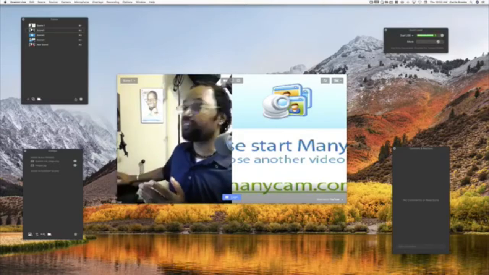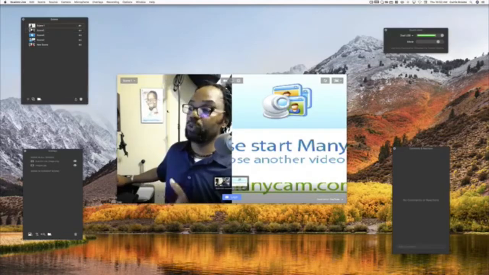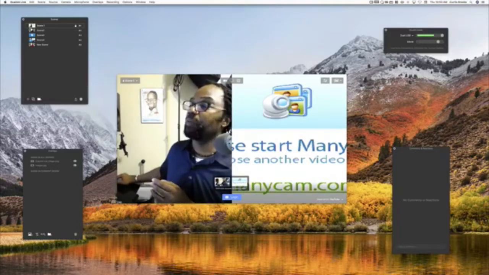So we have scene 1 set up as the dual shot here. Okay. So let's go ahead and lock this, because if we don't lock it, we're going to get into trouble. It's going to change that. So I'm going to show you something.